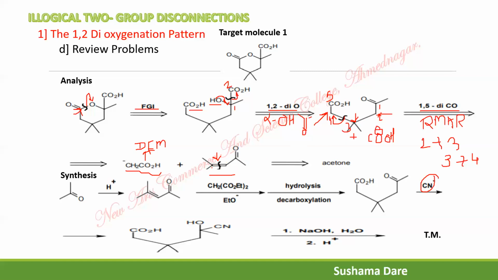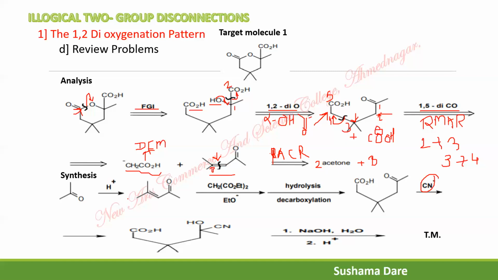Now, how do you synthesize the alpha beta unsaturated carbonyl compound? That is a retro-aldol condensation reaction. So this is the aldol condensation reaction. In the aldol condensation reaction, you disconnect here at the beta position, and you simply write down the oxygen. So here, 2 molecules of acetone plus base. A strong base is needed here for aldol condensation.